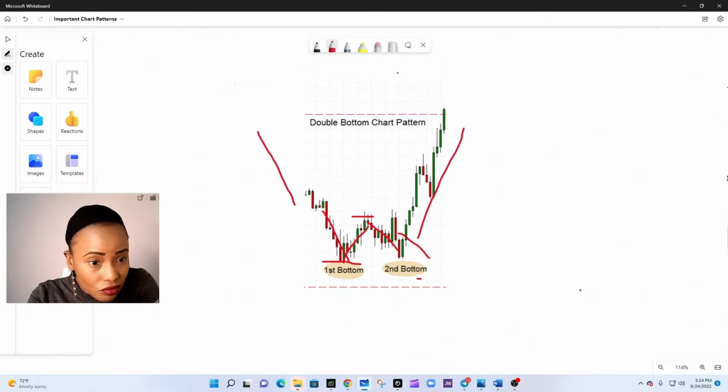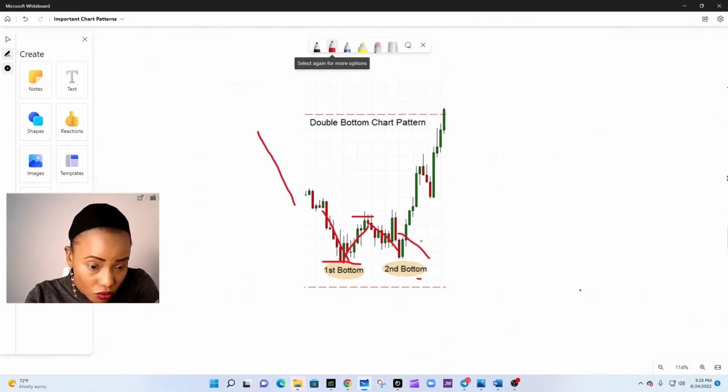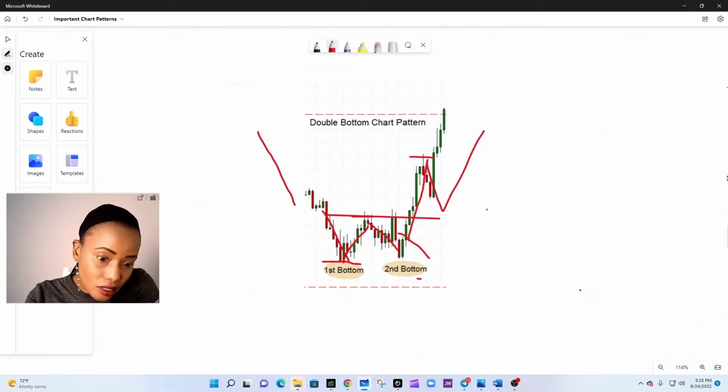However, for conservative traders, they may want to wait for a retest, because definitely once this price has hit this bottom twice, it's going to break out of this area and reverse and start going higher. So for conservative traders or beginner traders, you may want to wait for the price to move and form a high, which will break this market structure at this neckline, retest, then now buy at discounted areas and start collecting